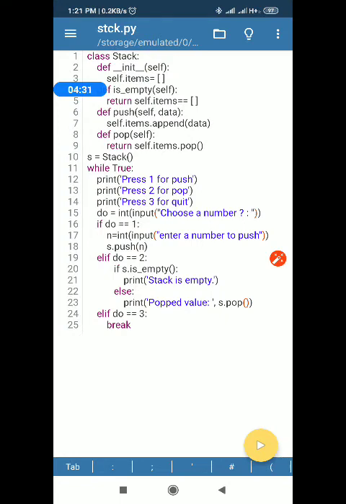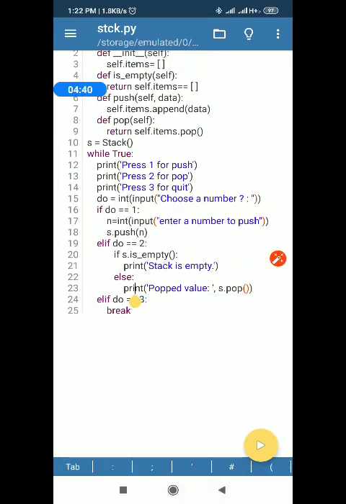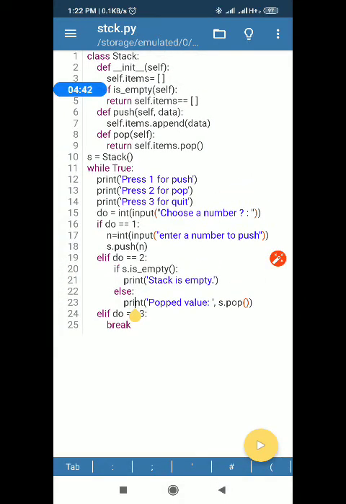It will give you a true value in case the items list is blank. If it is empty, then it returns the true value. Then we have push function, pop function. Push is entering data into it, and already I have told you that we'll use the append method in the push function. And then we have the pop function, and this completes your stack structure.